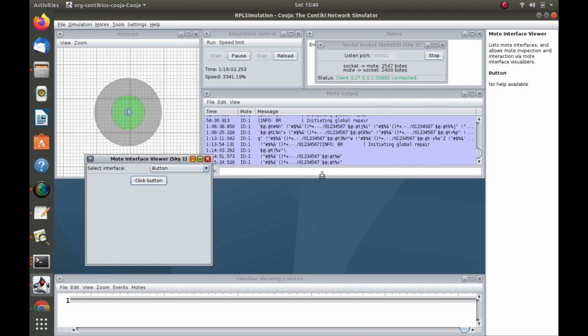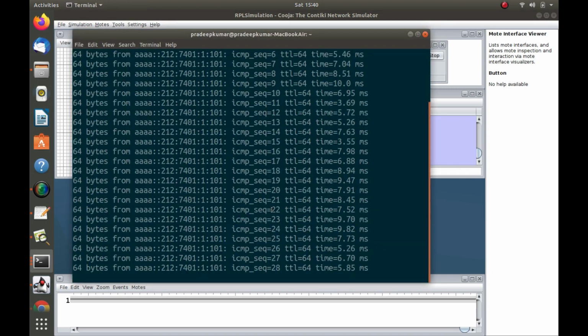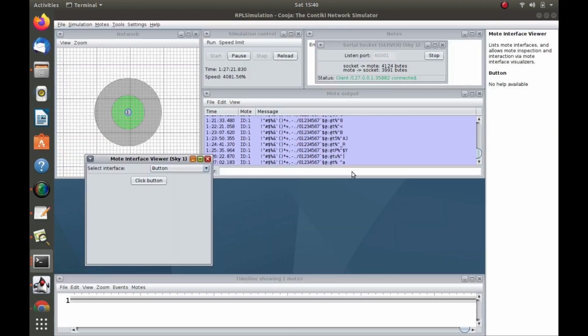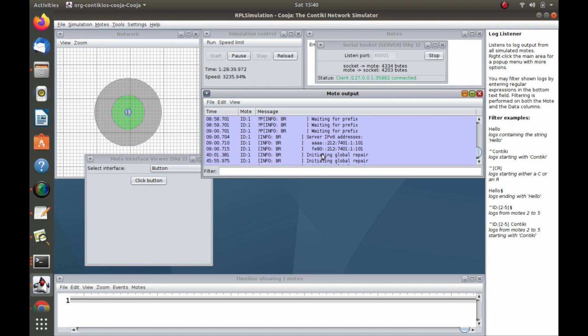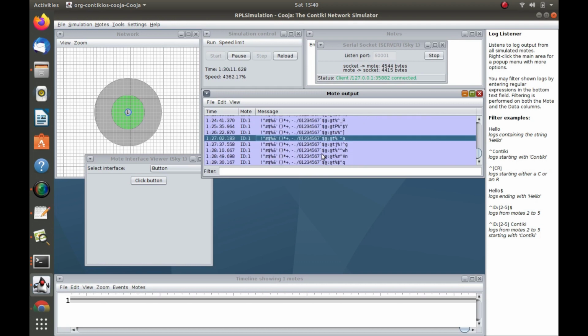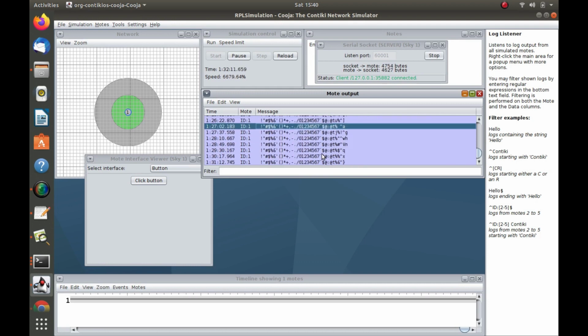Every time when it is pinging, you get some junk characters here. It is not junk, it is something like a regular expression value. All symbols and numbers are being printed out here. Every time 64 bytes are read from a particular terminal, we get this value here. Okay, so this is a simple example of how we can implement the RPL border router.